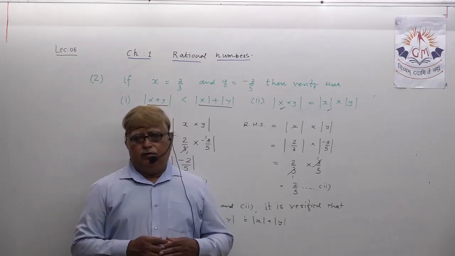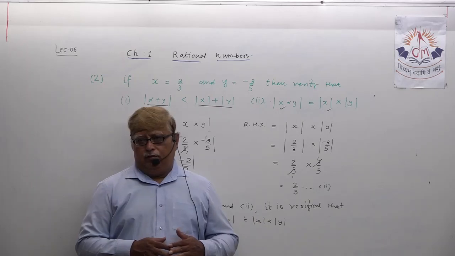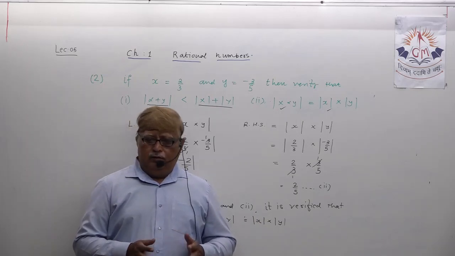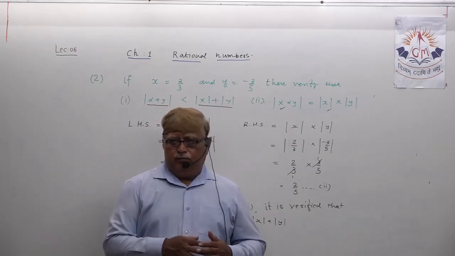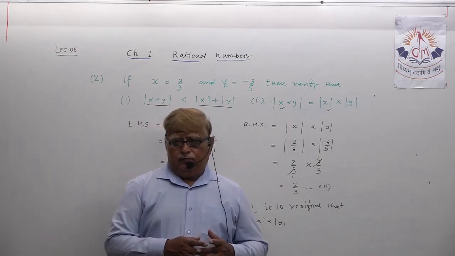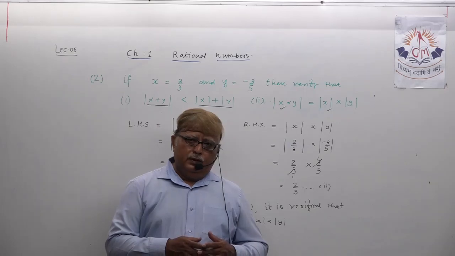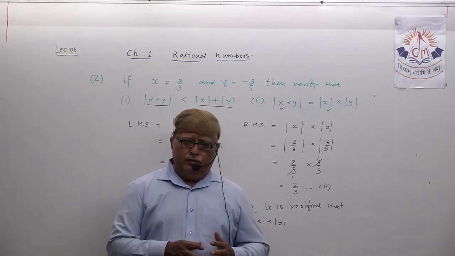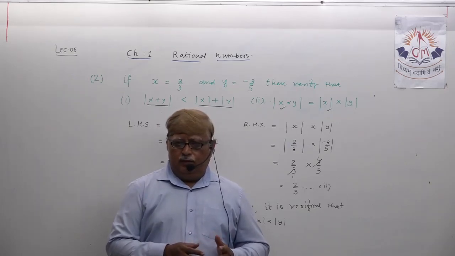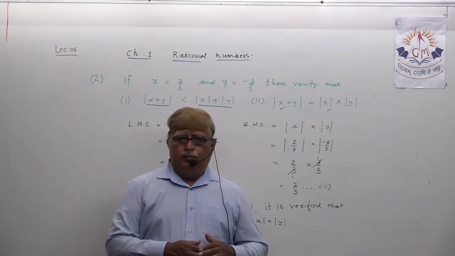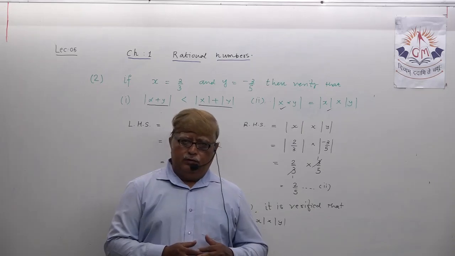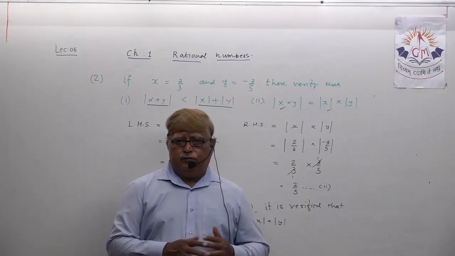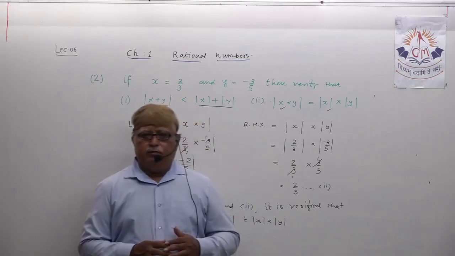In today's lecture you got an idea about the absolute value of a rational number, and also how it can help you prove two important properties of rational numbers. Okay. So I expect you must have understood both the properties,